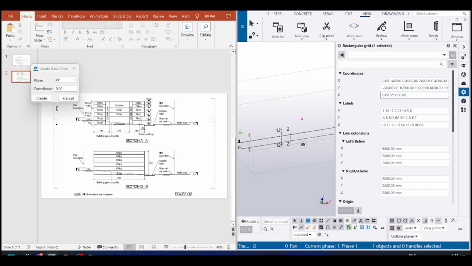It's not working the way I want it to work. Let's see what the reason is. Oh, you know what's wrong here. You need to add it in the form of increments. You can't put it like that. So you need to put it as 5000. Okay. Then the next one would be 10,000, and then the next one would be 15,000,